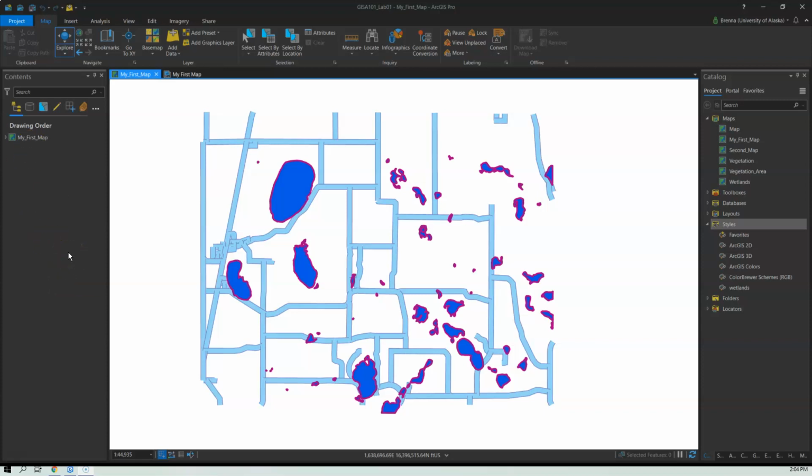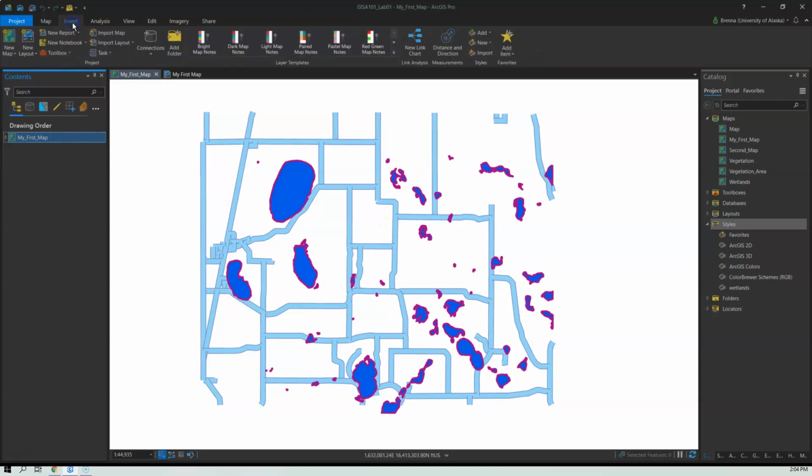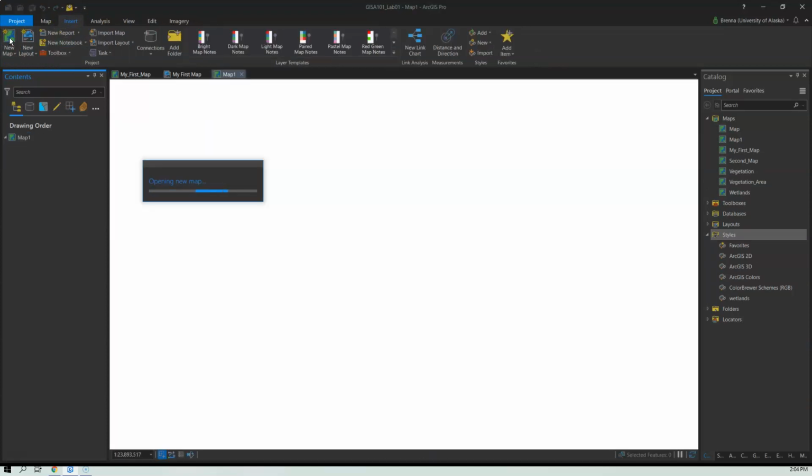So Mr. Bolstead recommends starting with a new project and a new map. I think with ArcGIS Pro, where you can have lots of maps and lots of layouts, there's no reason to start a new project for something that's in the same area and where you're continuing along with the same themes. So I'm not going to do what he says, and I'm just going to go ahead and insert a new map. So here's my map from last week. I'll go to the Insert tab. I'll say New Map.